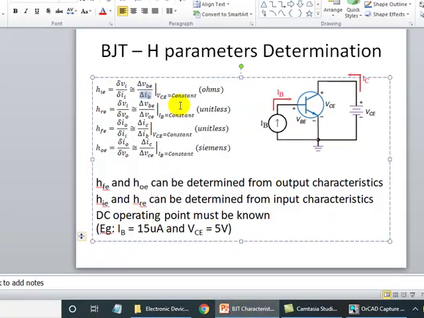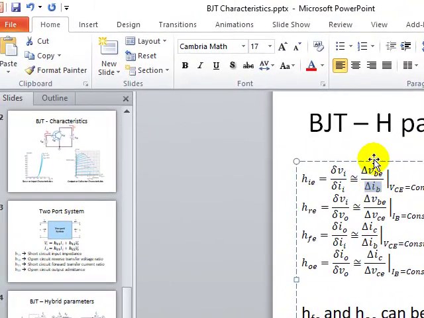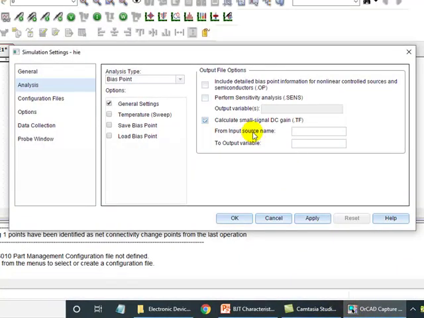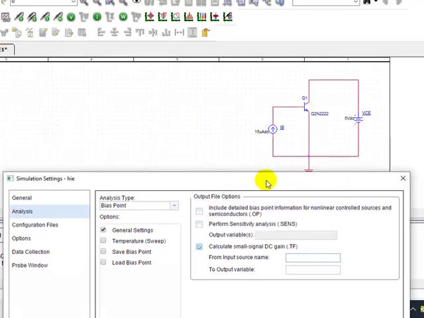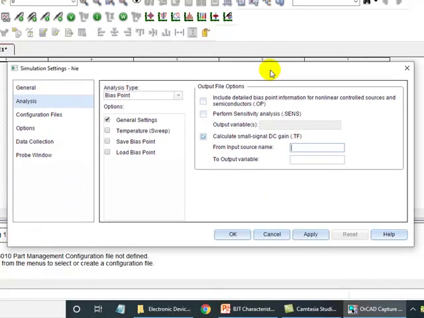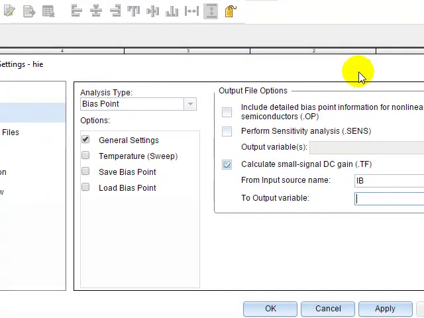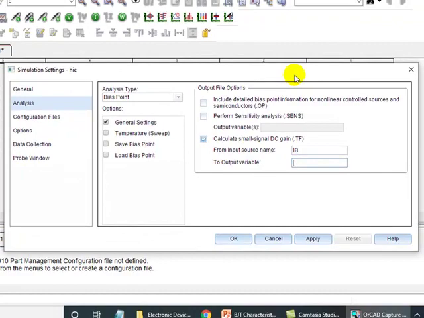To calculate HIE, I have to always vary the denominator and note down the variation in the numerator. So denominator is IB, so that is acting as input source. The name of the input source IB is IB only, so I'll give IB. And what is the output variable?